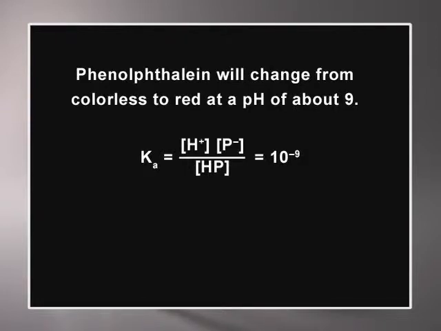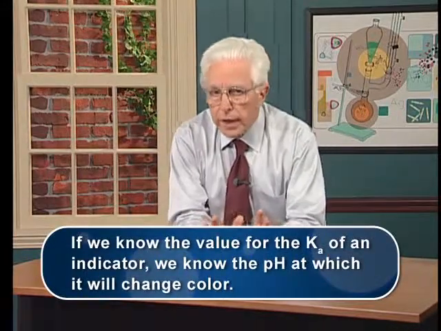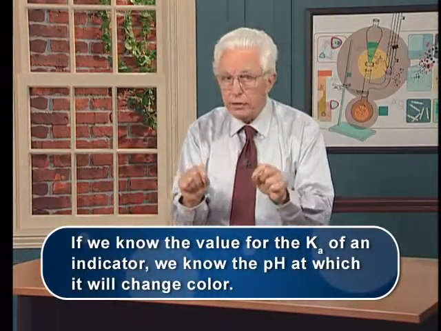pH of about 9, which you probably notice is the negative of the exponent on the value for its ionization constant. If an indicator has a Ka equal to 10 to the minus 7th, then it will change from one color to another at a pH of 7. And if Ka were equal to 10 to the minus 4th, then the indicator would change color when the solution was still fairly acidic, when the pH of the solution we were titrating had a value of 4. I mean, of course, real Kas aren't even powers of 10, but that doesn't really matter. If we know the value for the Ka of an indicator, we know the pH at which it will change